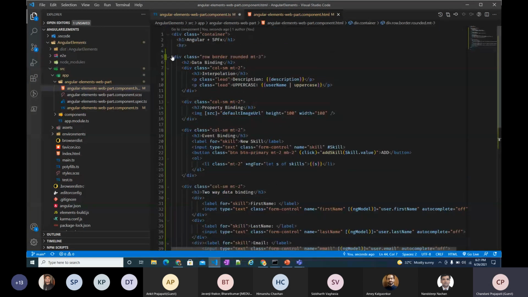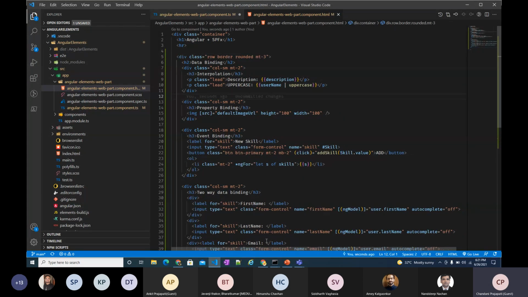Actually, I already have created one VS Code snippet, so I don't want to write the code. So this is a shortcut. So first of all,